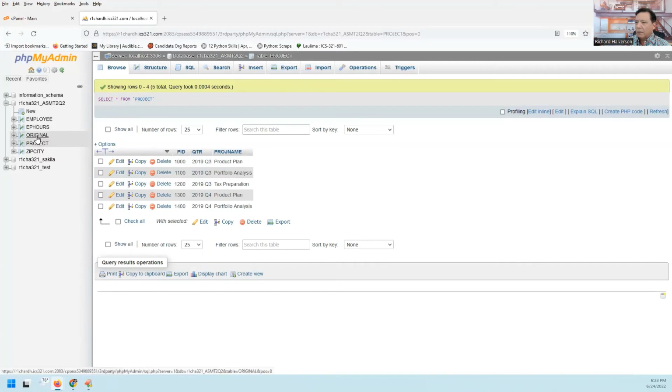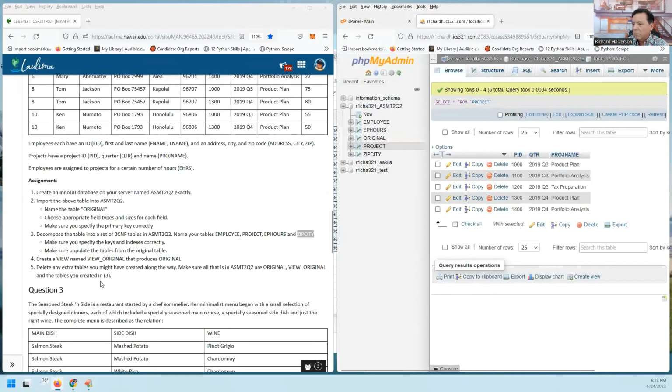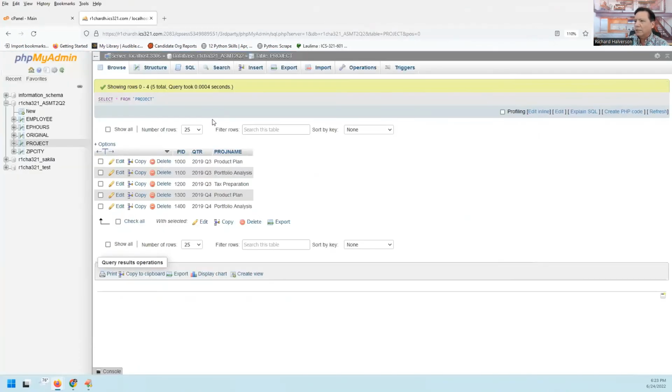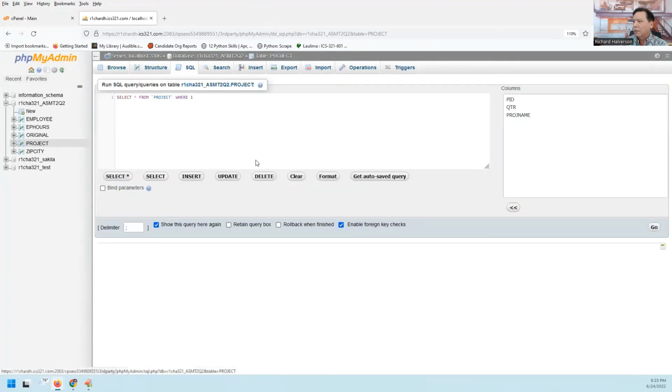And so lastly, we need to create the view. So this is the format of the view. It looks like this: create view, view original, and then as, and then the select statement, which creates the view. And so let's see what that select statement is. Let's just go here, and I can just do select asterisk from